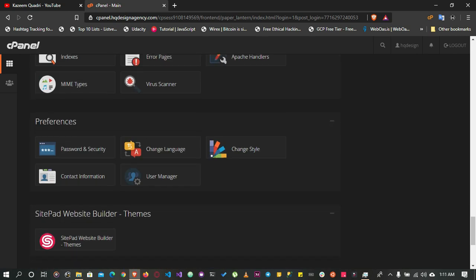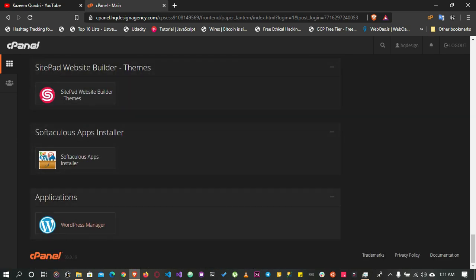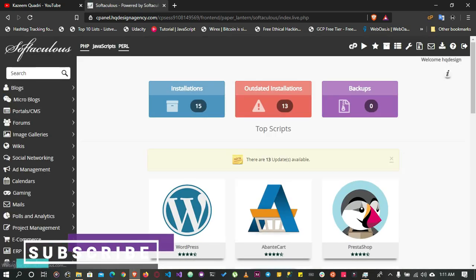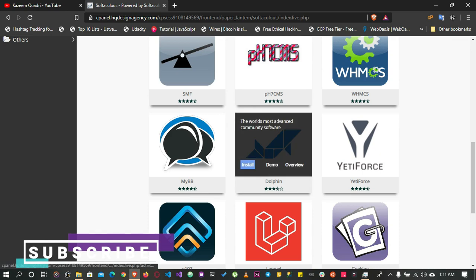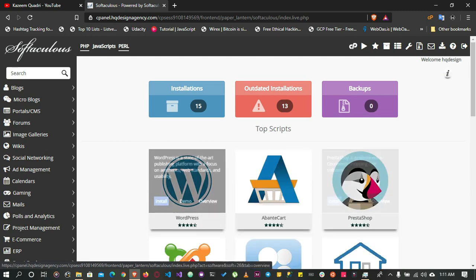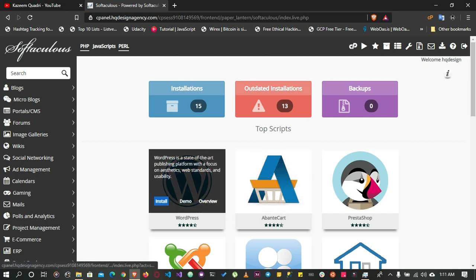But where we're moving down to, you just scroll down, it's mostly the last part. Under the applications we have something called Softaculous. Once we click on Softaculous App Installer, we have so many applications that Softaculous helps us to install on our server. So we have WordPress, PrestaShop, Joomla, and so many of them, but we're using WordPress for today, so we just click on install,